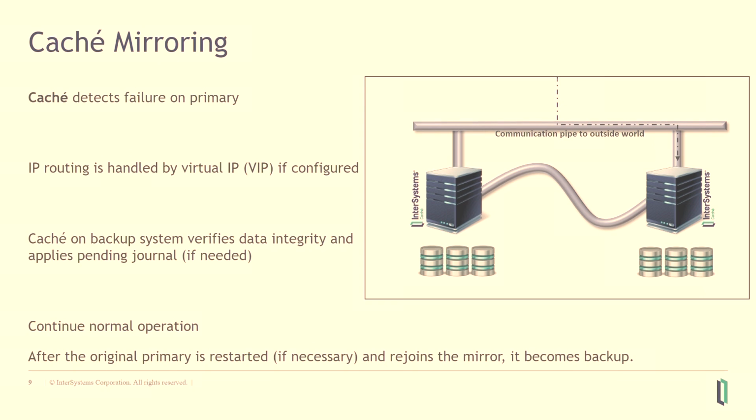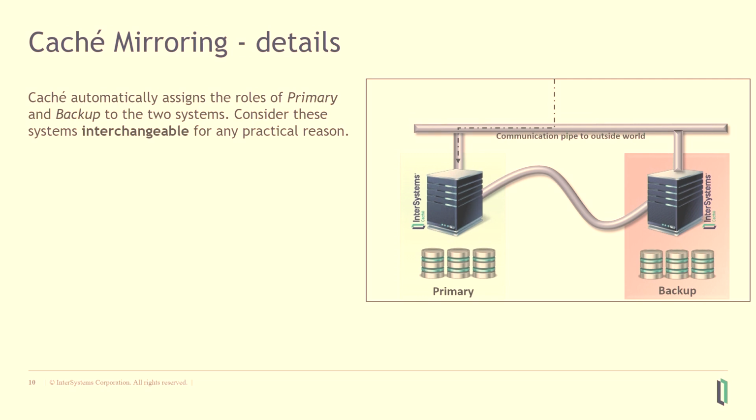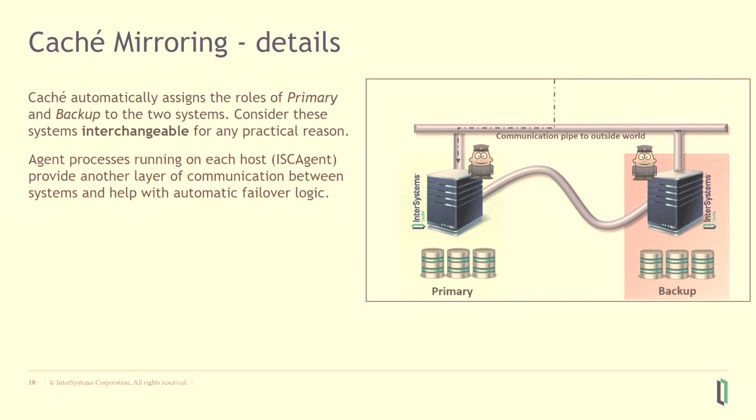At this point, we do not restart the primary automatically. It requires manual intervention by the user, so you have to go in there, understand what caused the failover, restart that primary server, at which point it becomes the backup, so they reverse the roles. And that's part of why I said earlier that they should be sized the same way. As I mentioned earlier, both are interchangeable. They can and will replace roles multiple times throughout that life.